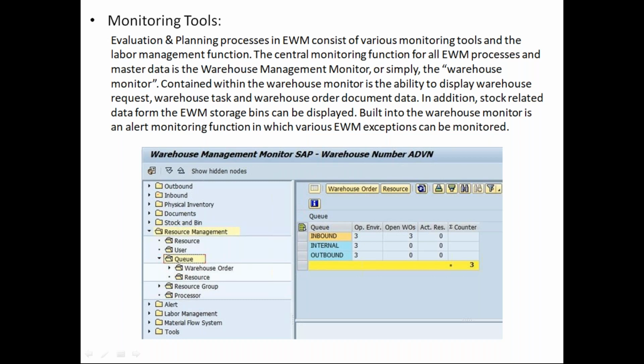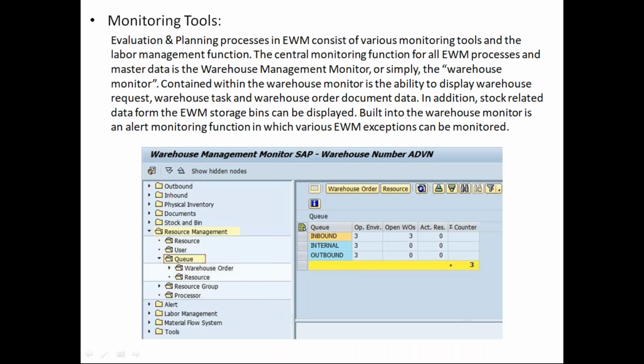Let's say I want to find all deliveries for which goods receipt is not done, I can check them in inbound. If I want to check all outbound deliveries for which goods issue is not done, I can find out from the monitor. See, the monitor is not just for checking reports. You can perform transactions also from the monitor, such as creation of task, confirmation of task, moving stock from one location to another. And trust me, there are no other reporting tools in EWM other than this monitor. Only the monitor is a centralized reporting tool, and you can also perform transactions in it.